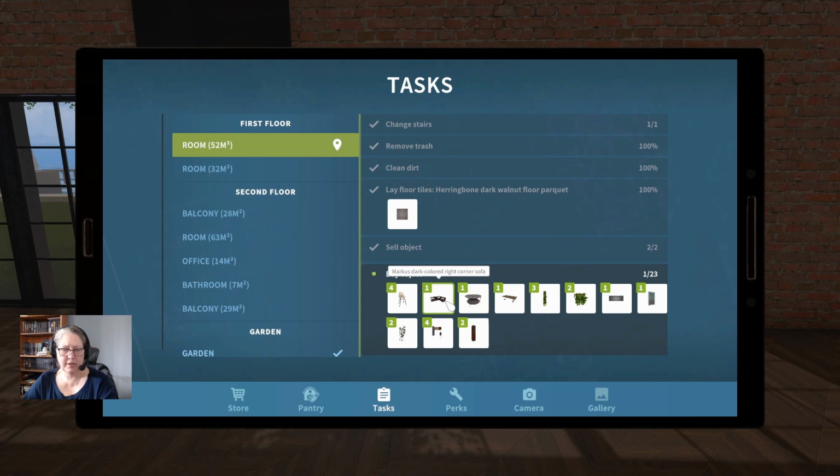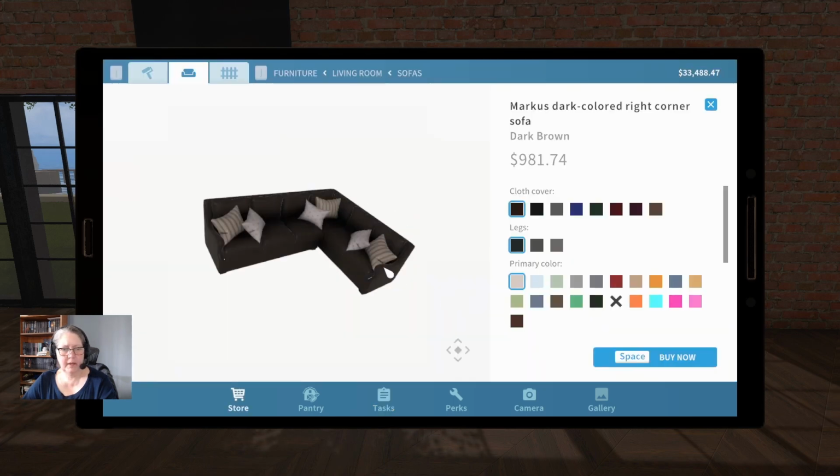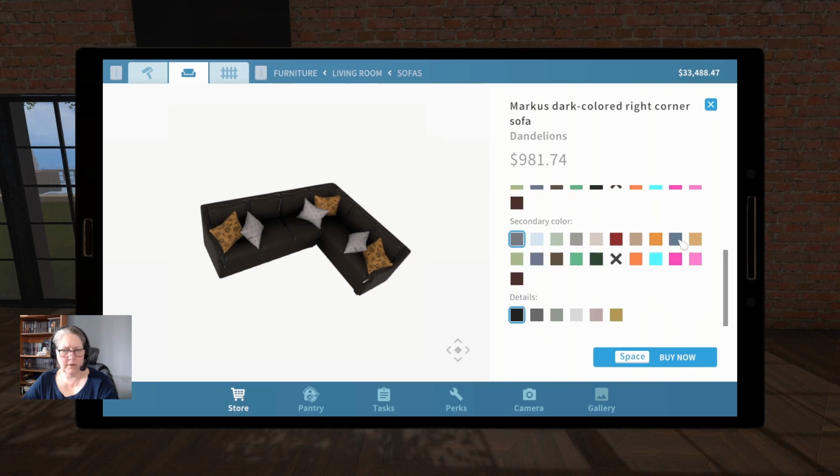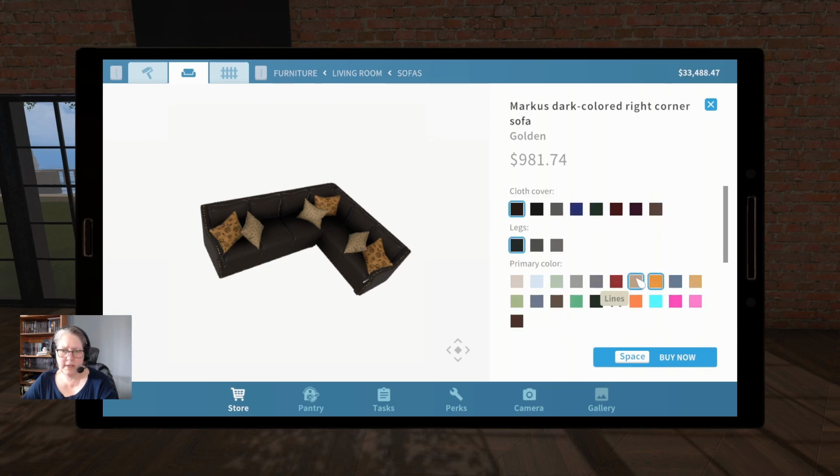A dark right colored corner sofa. These guys are barflies, aren't they? Alright, I've got a bit of gold in the house, so I'm just thinking. Oh, there is another cushion pile. Going to go with, well, I don't have any beige in here, so we're going to go with gold for the details. That's these little stud things. And we're going to go,